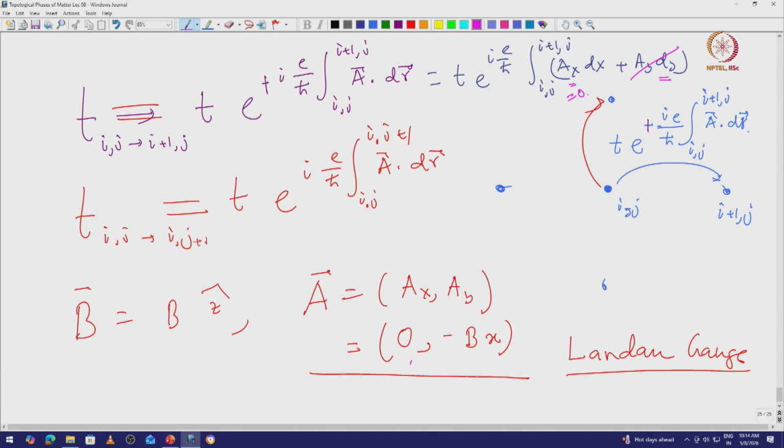So, there is no parallel substitution in this choice of gauge along the x direction for hopping from here to there, whereas this guy